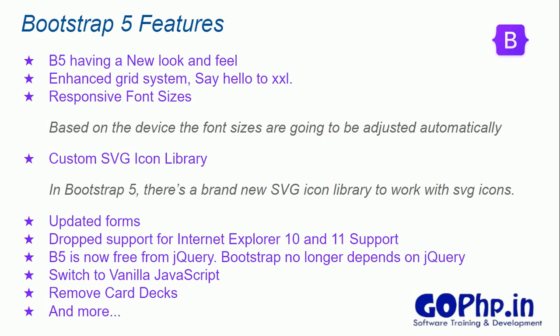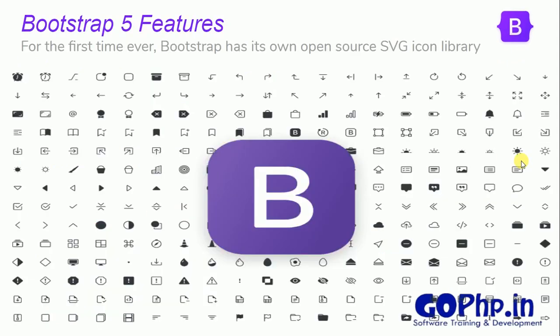Removed Cordova also. What is the meaning of it? We have something called code IDs, such kinds of formats we can design, right? That concept is also removed, guys. For them, they have provided some other alternatives and more features. So these are all the additional features we have in our Bootstrap 5. Additionally, in Bootstrap 5, we have a lot of icons, right? So we don't need to go for any other icons, guys. If you want, you can still require them, yes, you can go with that.